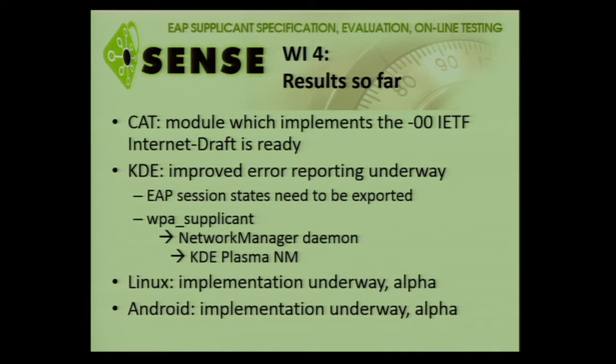And well, I talked to them. I opened the bug report in their bug tracker, and they said, oh yeah, but actually our daemon can only export what it can actually see from the supplicant. So the command line supplicant beyond us or below us is WPA supplicant. And it has a dbus interface, but it doesn't tell the world at large where it currently is with its EAP states. It just says, okay, I started, or didn't work. So basically, to get the message across to the user interface in KDE, you have to patch the command line supplicant, WPA supplicant. You have to patch the NetworkManager daemon, and then you can go to the user interface. This is quite a chunk of work to do.